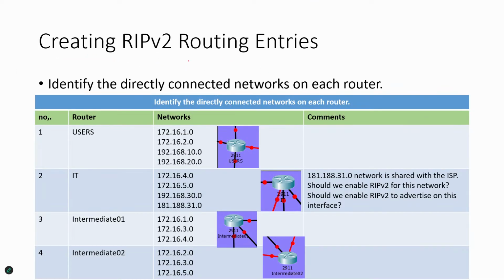Creating RIP version 2 routing entries. And this is the thing. Once you do all the work in the backend with the IP addresses, this RIP part is going to be very fast and very easy. In fact, it's going to be so fast, I'm going to spend the rest of the lab breaking links and testing redundancy of RIP. Right, so it's saying, hey, it's done, it's easy. Yeah, well, that's what it is. And that's what I like about dynamic routing protocols. So first things first,